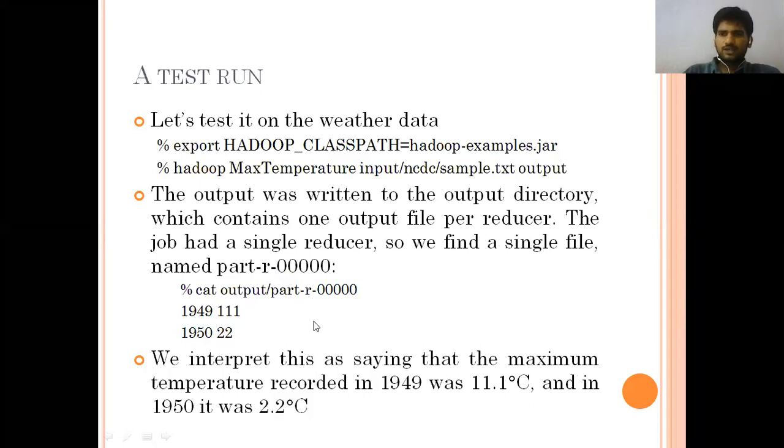The thing is, we are going to set up a map program, a reducer program, and an application for the total maximum temperature. Once all this data is ready, we are going to run a command to get the output. So this is the output for R, which is nothing but the reduce program. This is the part-r-00000 file. In this we are going to get 1949.